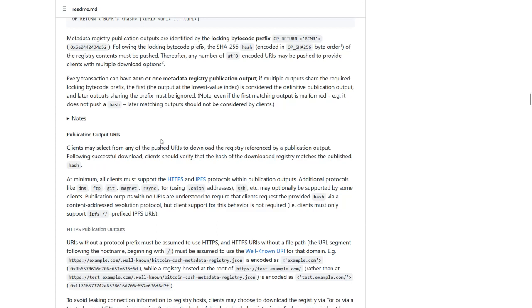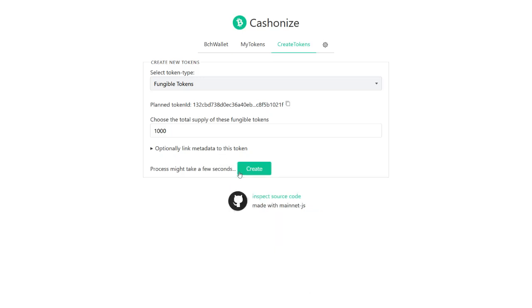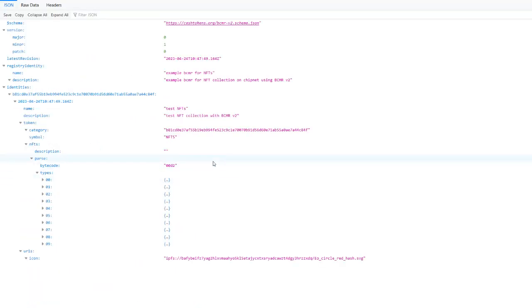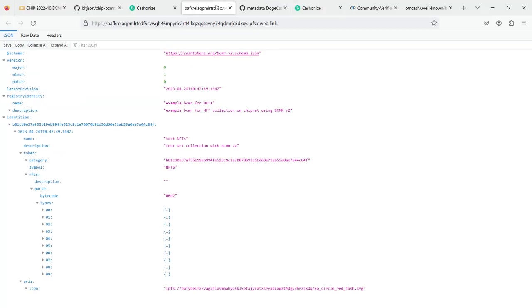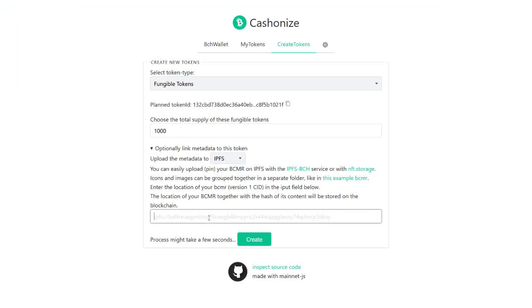One last thing that is important is if you add an HTTPS output, you do not need to include the https://, but for IPFS, you do need to include the protocol prefix. So here it also says ipfs:// and then an IPFS location. If you don't know what this looks like, you can take a look at the example. This is an example for an NFT collection using the dweb.link gateway. So this is using HTTPS to access the IPFS file. So you can copy over this IPFS location, put it in here. Then of course you need the IPFS prefix, ipfs://